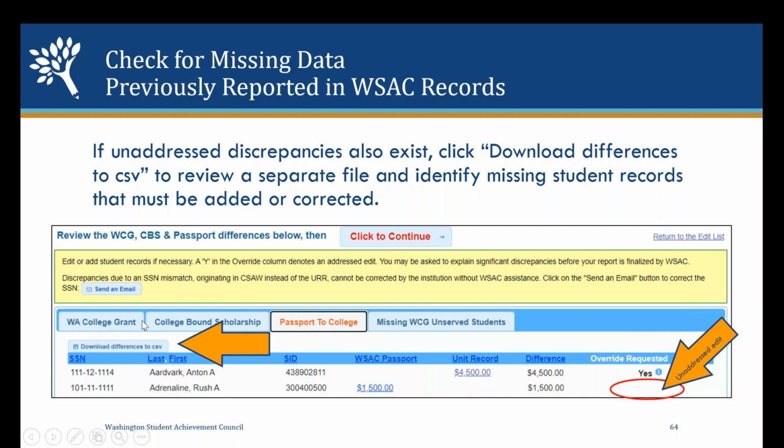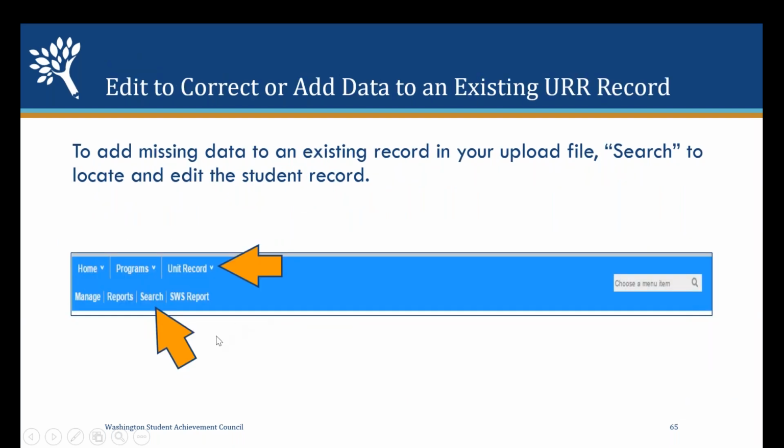So we ask that you go through each and every one of these tabs and take a look at those. As I mentioned, if you aren't able to click directly into that student's record from the discrepancy chart, or if you're working in your unit record for any reason and need to check back on a student record, go up to the top of the page in that main menu, and under the unit record, you will see a search